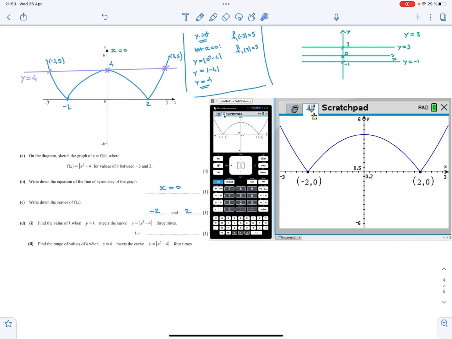So we're looking for y equals k, which meets this curve 3 times. Well, we've just shown it. k has to be 4. And that's the answer. We can go ahead and state that k has to be equal to 4. Okay, nearly done. The second part to this question, and I cropped the picture a bit, but this was worth 2 points. We're asked to find the range of values of k when y equals k meets the curve y equals the absolute value of x squared minus 4